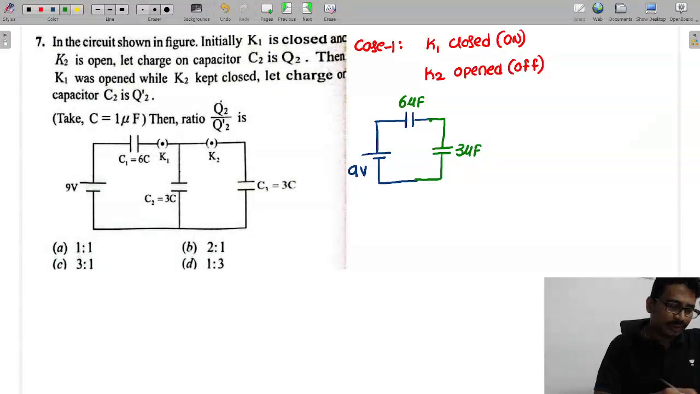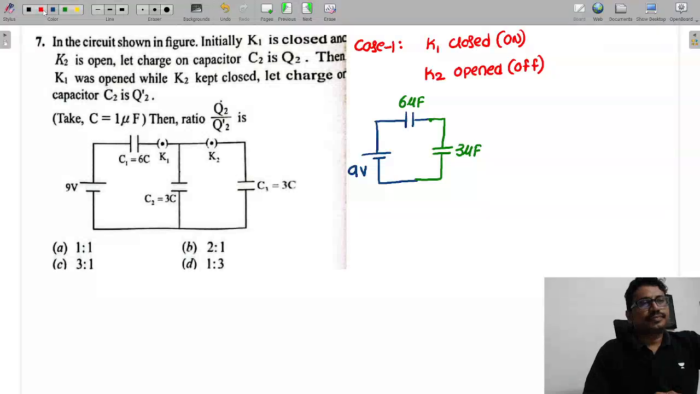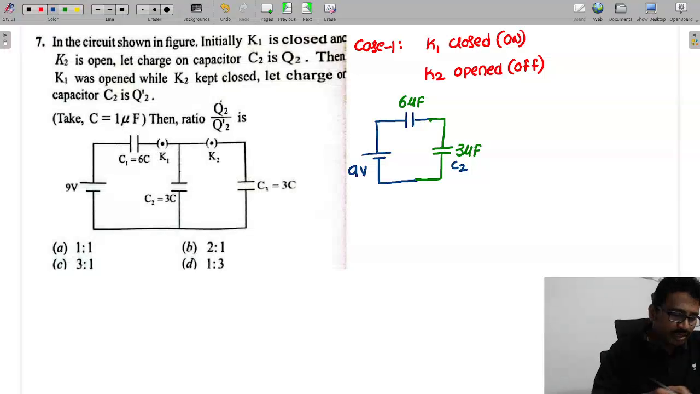Now you tell me here, we need the capacitance. This is the C2 now. This is the capacitance, and these are the required things here. Now if I call the voltage across this one V1, and this voltage V2,